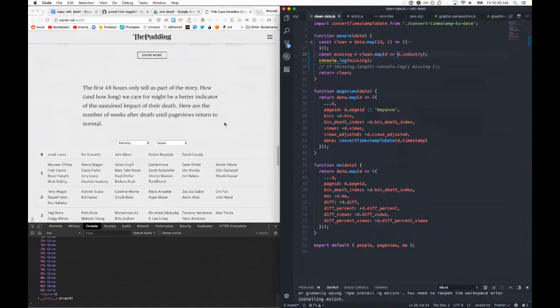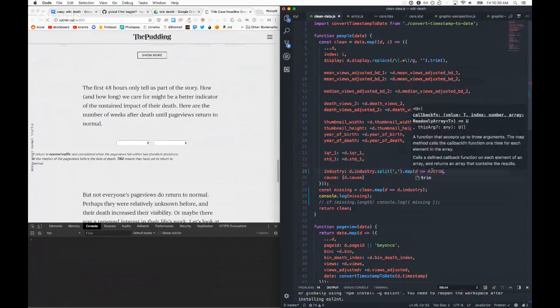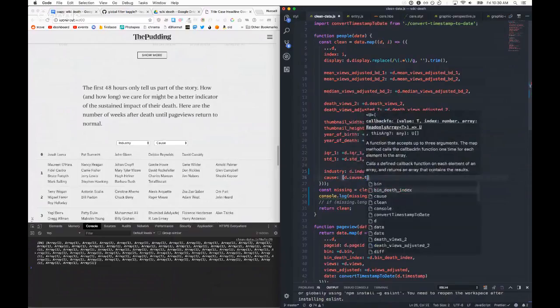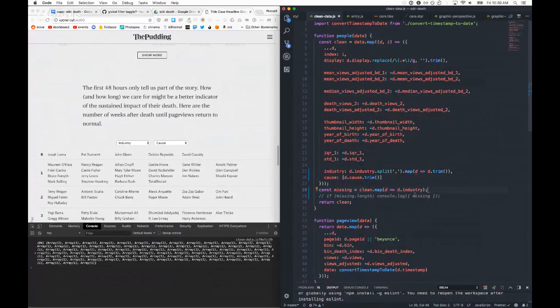There could be a double space in there. Spacing could be weird. Did I trim them actually? That might be it. Industry.split.map(d => d.trim()). Because trim. Okay.